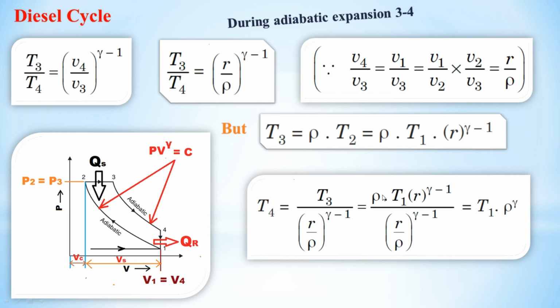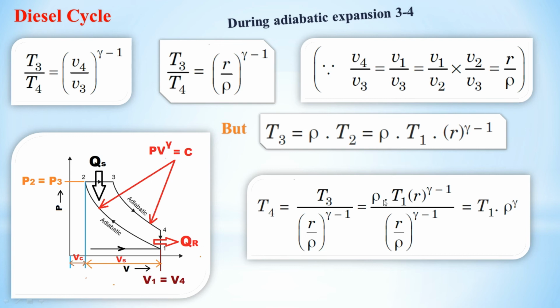Through the mathematical fundamentals, rho is here, 1 upon rho. Whenever we separate the index, R raised to gamma minus 1 divided by rho raised to gamma minus 1, and this term is simplified with this term. So rho into